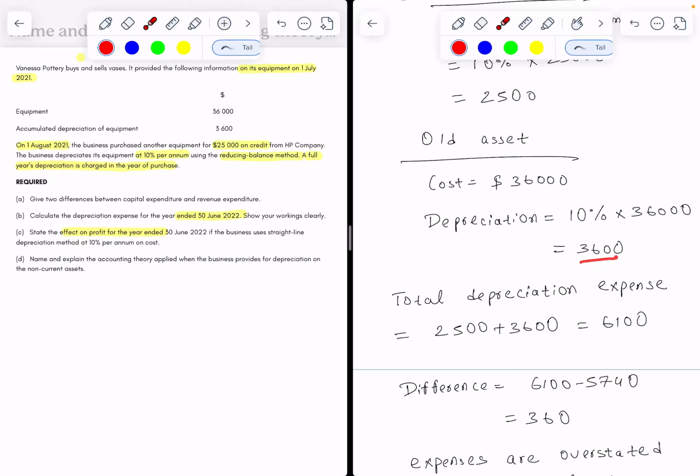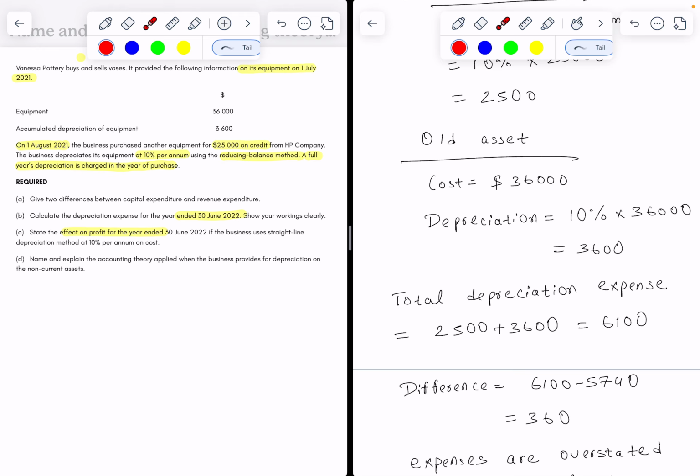So altogether, the total depreciation expense for the year ended 30 June 2022 using the straight line method is $2,500 for the new asset that we have bought and $3,600 for the existing asset from previous years, altogether which gives us $6,100. Now the question is clearly asking us to state the effect on the profit if we adopted the